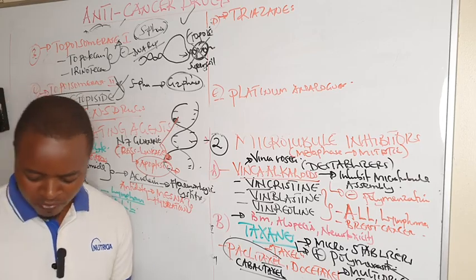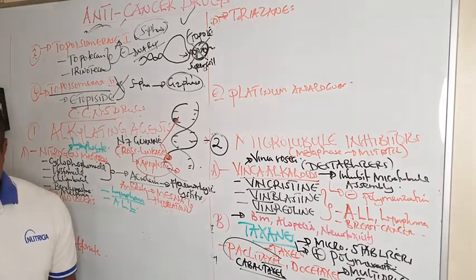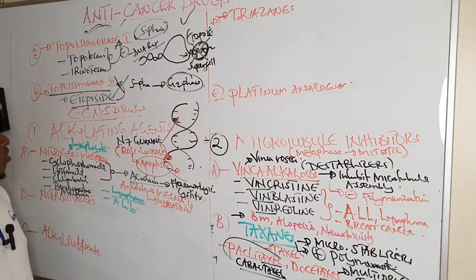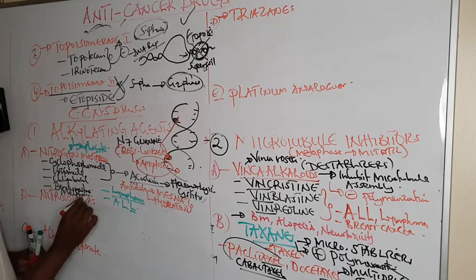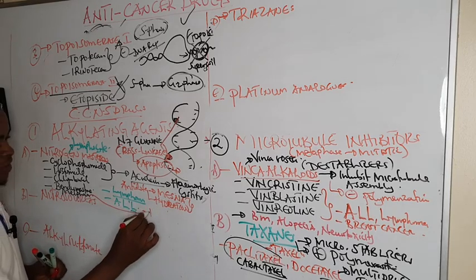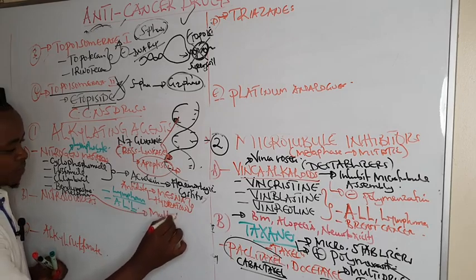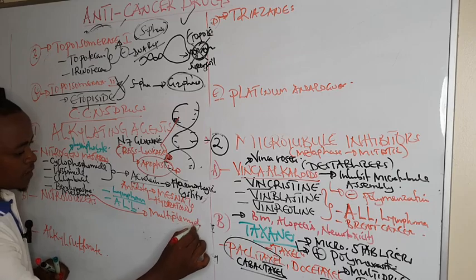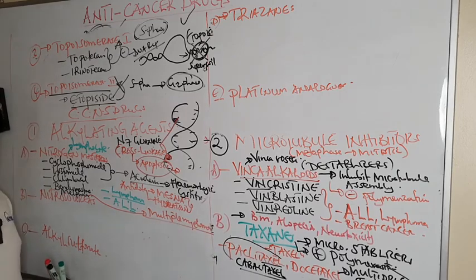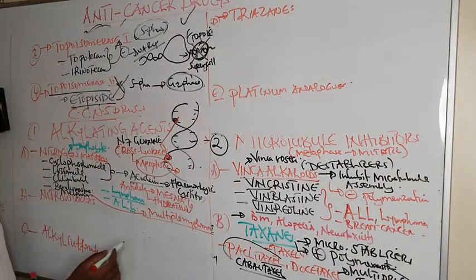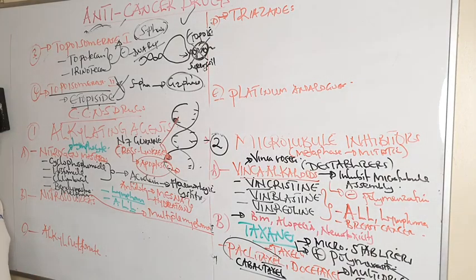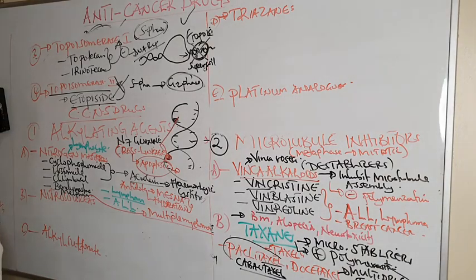But apart from that, melphalan is good for treatment of multiple myeloma. Melphalan itself is utilized in treatment of multiple myeloma, the cancer that affects the gamma cells responsible for formation of immunoglobulins. So someone with multiple myeloma, the cancer affecting the gamma proteins, you can give melphalan in treatment of